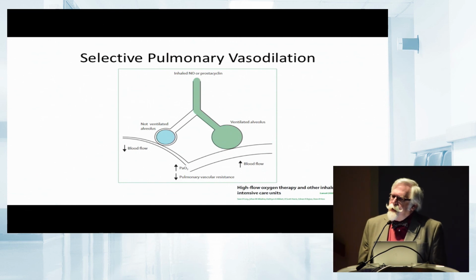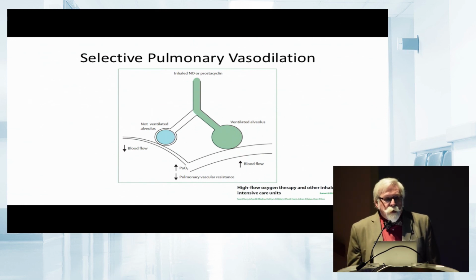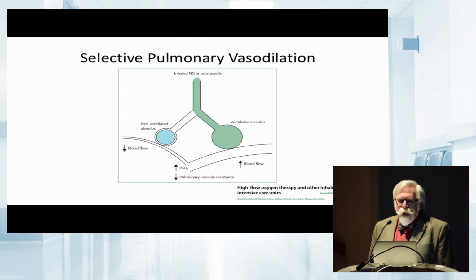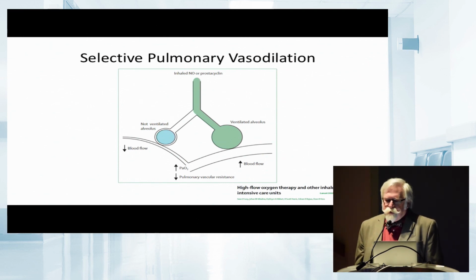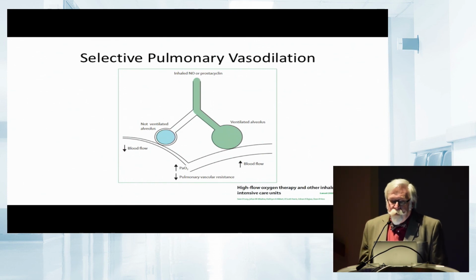But we can deliver an inhaled pulmonary vasodilator, most commonly a prostacyclin, by aerosol. That aerosol is selectively delivered to the ventilated parts of the lung. That improves blood flow to the ventilated parts of the lung, and that way improves the ventilation perfusion matching within the lungs. That may have a beneficial effect on arterial oxygenation, and because it is a vasodilator, can have a beneficial effect in pulmonary artery pressure.